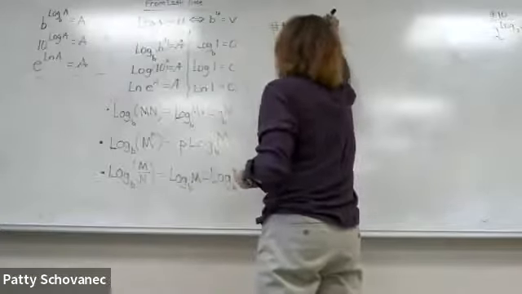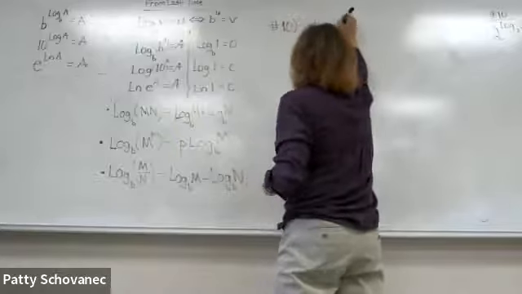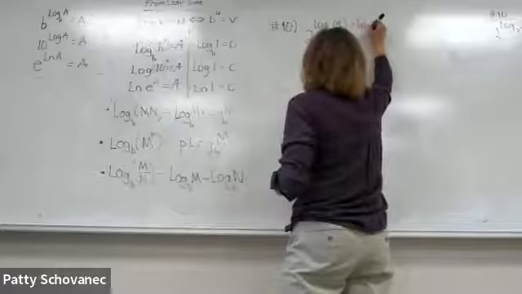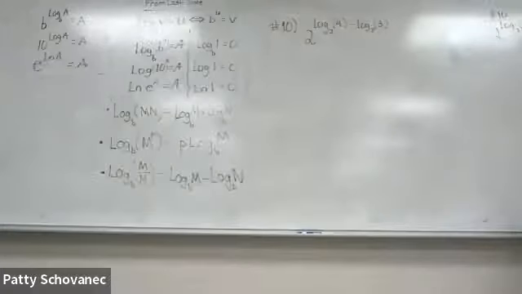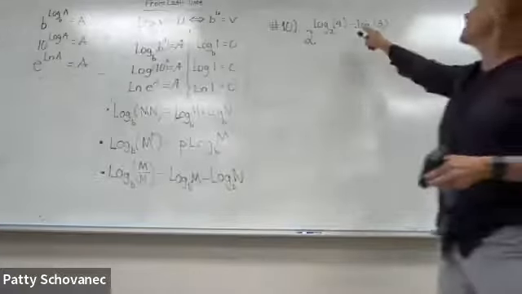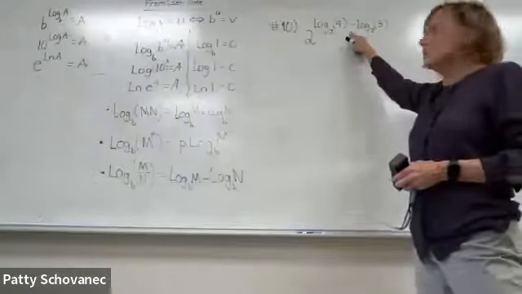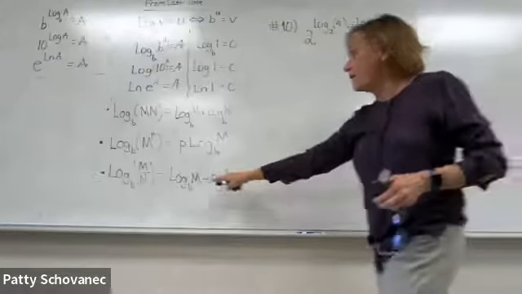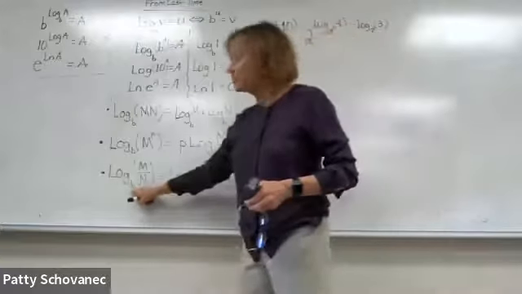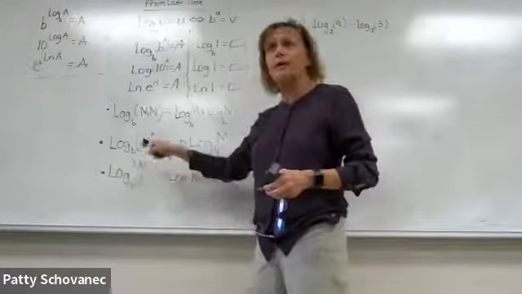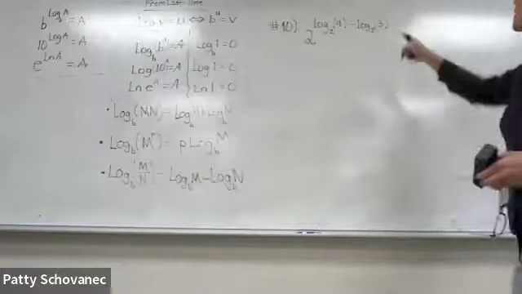2 to the logarithm base 2 of 4 minus the logarithm base 2 of 3. I'm only looking at the exponent, and in the exponent, I see the difference in 2 logarithms. What this property says is, if I've got the difference in 2 logarithms that are the same base, I can put them together as a single logarithm just by dividing the arguments of the logarithm by each other. So I can combine,